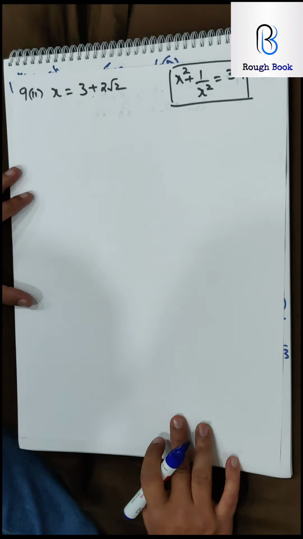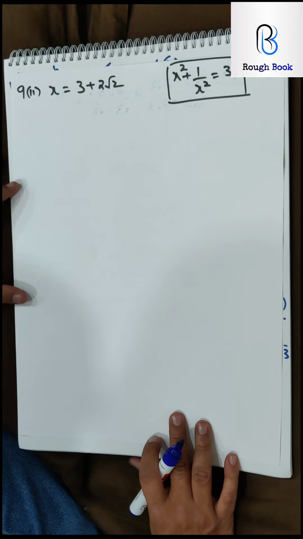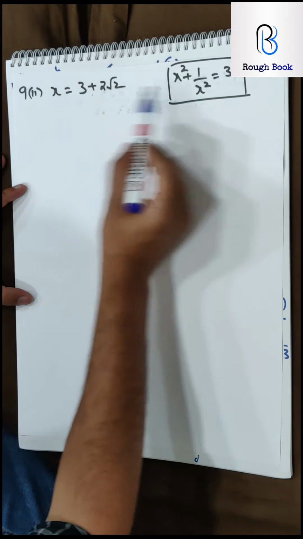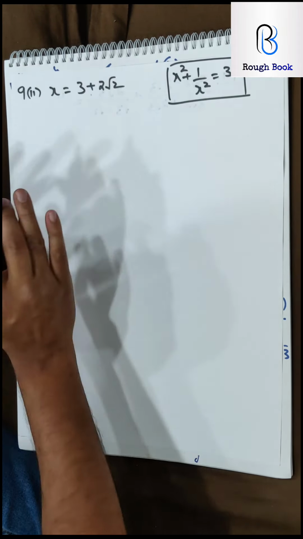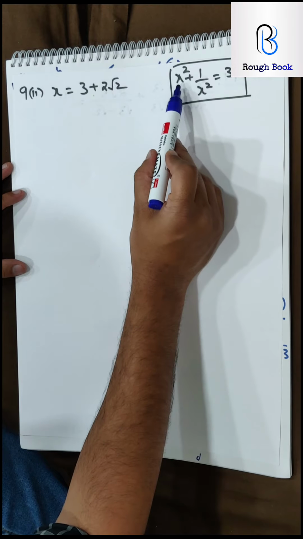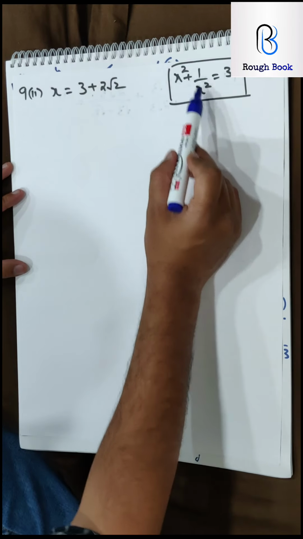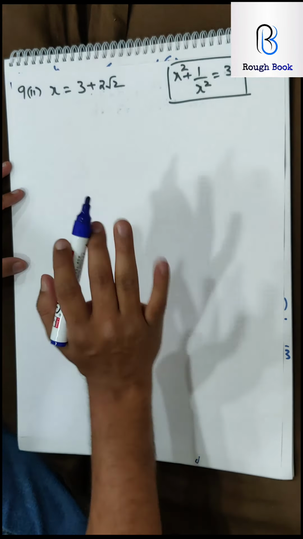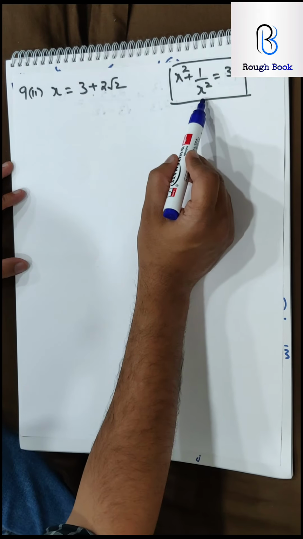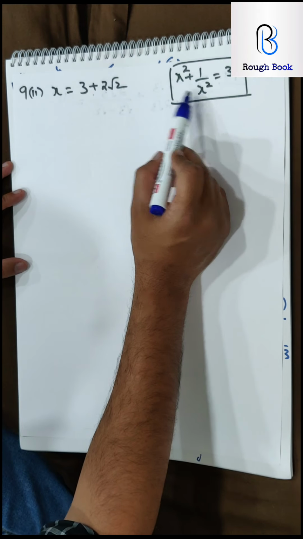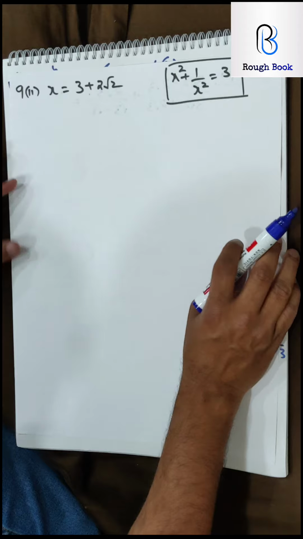Come on, this time I don't think you need any help from me. Just hit it. X is there. Take 1 by x and then square it. Please don't make the mistake of squaring this, then getting 1 by x, squaring it. No. Directly take 1 by x, then x plus 1 by x and then square that. So you will get your answer.